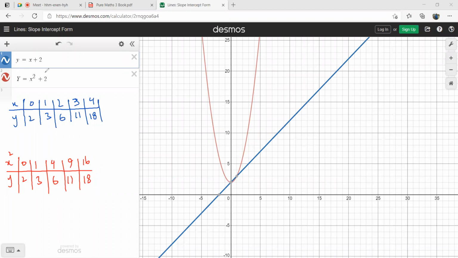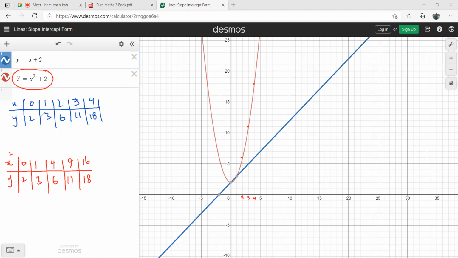First of all, you see this equation y equal to x squared plus 2. This is the curve in red over here. You can see here you have 0 comma 2, here you have 1 comma 3, then 2 comma 6, then against 3 you have 11, and then against 4 you have 18. This is your 18 against 4. Now this is obviously a curve.